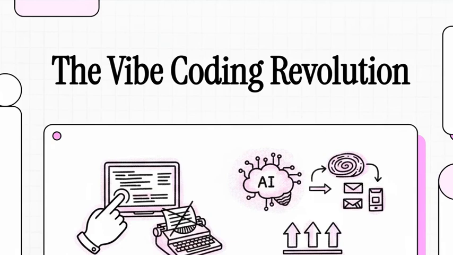Welcome to This Explainer. Today, I've put together a visual slide deck to walk you through a truly massive, fundamental shift in how software is actually built. We're breaking down the absolute evolution of artificial intelligence in programming. We are officially moving away from the era of manual typing and stepping into something, well, entirely new.